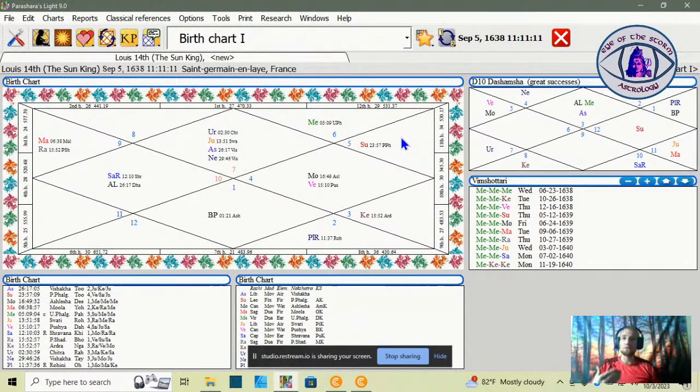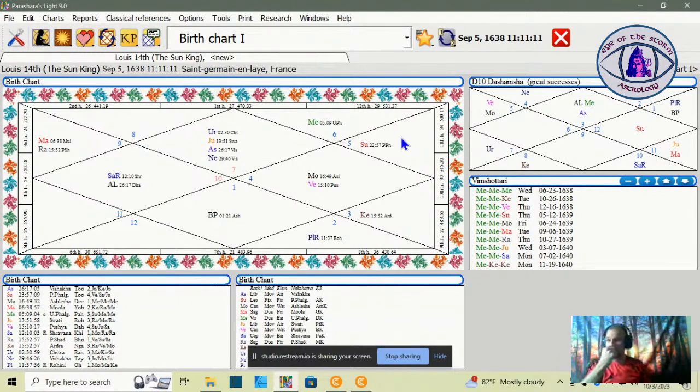So Swati is the nakshatra that is really all about communication, being very grounded and stable, but also wanting to be free. And these were things that we definitely could see if we look back at Louis and his personality, and how he was very stable, but he also wanted to be free to explore ideas and explore projects and to question things and to do the things that he wanted to do. He was known for keeping his word as a sovereign, which is not a normal thing to see. And Swati is all about honesty. It's a very honest nakshatra. So that's something we can see.